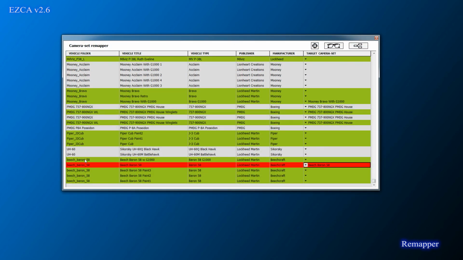Now I'm going to assign one singular camera set for all Beech Baron 58 planes, but with different colors. Look, it can be performed very simply. Now, when I load another Baron plane, for example plane 1 or plane 2, the assigned camera set of Beech Baron